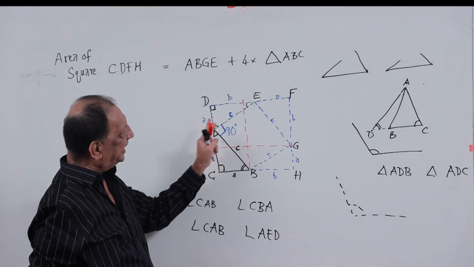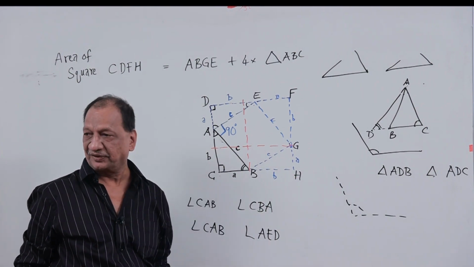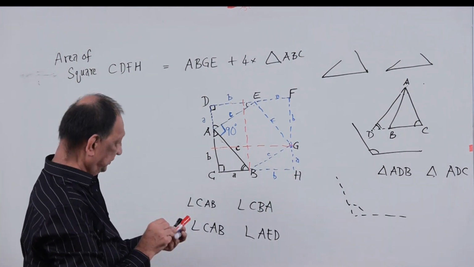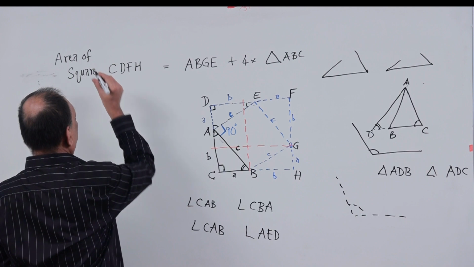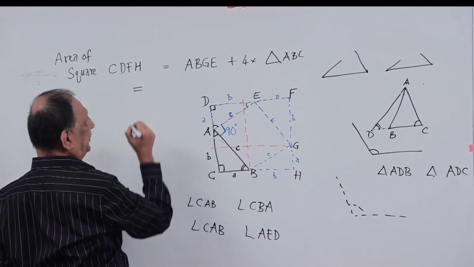Both rectangles are A and B. Correct? So therefore, the area of the same square CDFH will be